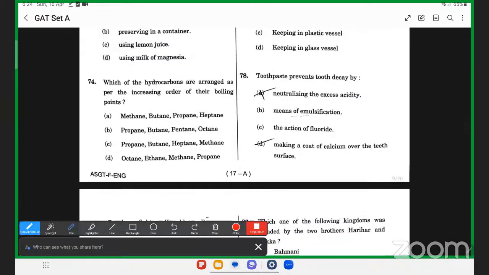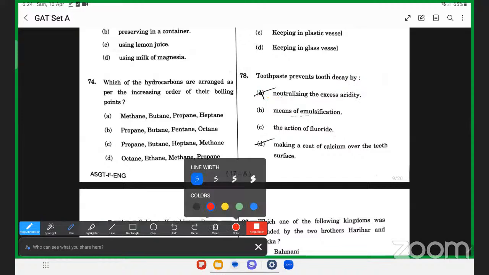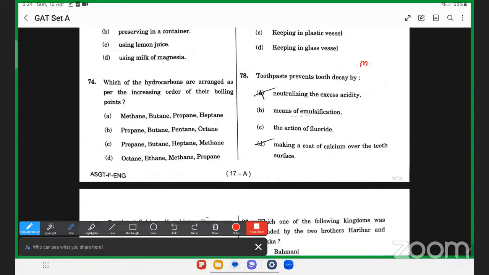Next we have question number 78, that is, toothpaste prevents tooth decay by which of the following? तो टूथपेस्ट टूथ डिके को प्रिवेंट करता है, यहाँ रिएक्शन होता है आपका न्यूट्रलाइजेशन रिएक्शन, बिकॉज जब आप कोई भी फूड मटेरियल खाते हैं, खाना खाते हैं, तो उससे क्या होता है, आपका जो माउथ है वहाँ एसिडिक मटेरियल या वहाँ एसिडिटी बढ़ जाती है। खाना खाने पर माउथ में आपके एसिडिटी इंक्रीज होगी और एसिड इंक्रीज होगा,